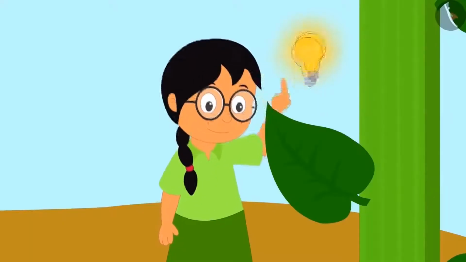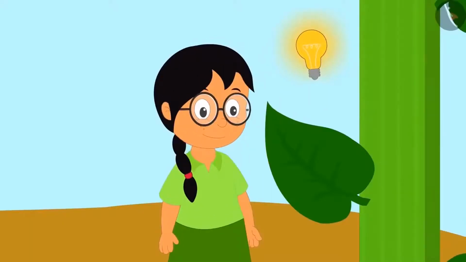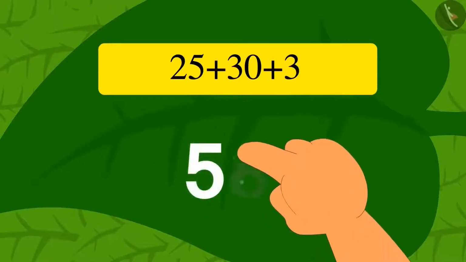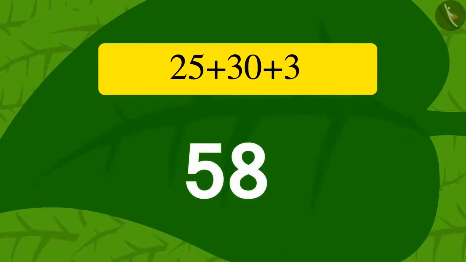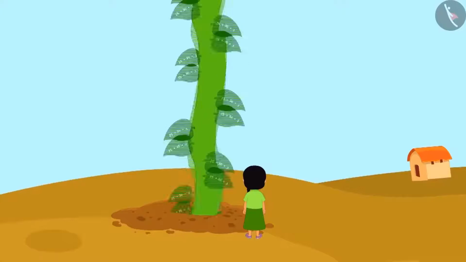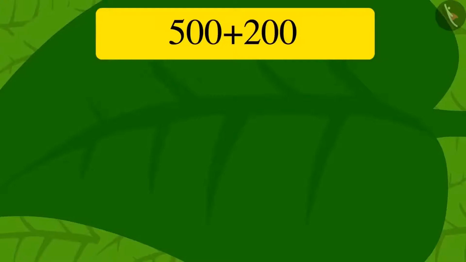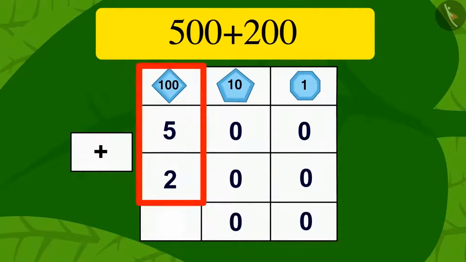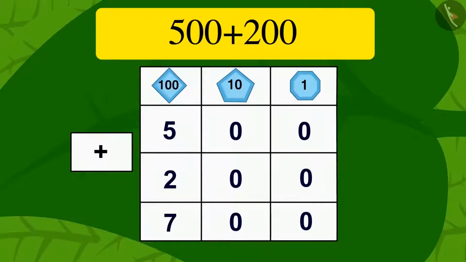Like what we did, Meenu too solved this riddle in her mind and wrote the answer 58 with her finger on the vine leaf. As soon as she wrote the answer to the puzzle, the vine became shorter as it sunk into the ground. The next puzzle was something like this. Uncle quickly found the answer to the puzzle this way. 0 by adding 1 and 1. 0 by adding 10 and 10. At the end, 500 added to 200 became 700.